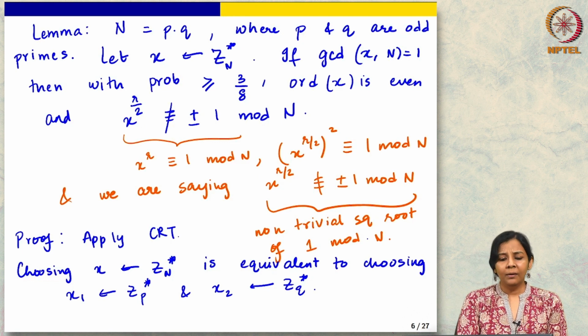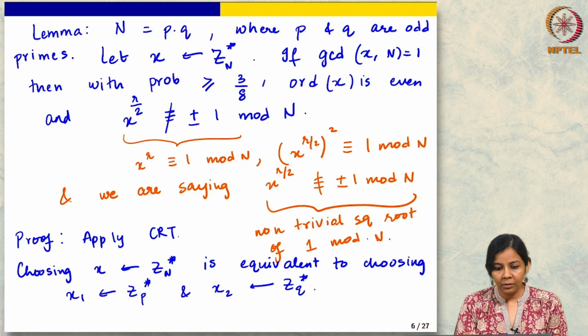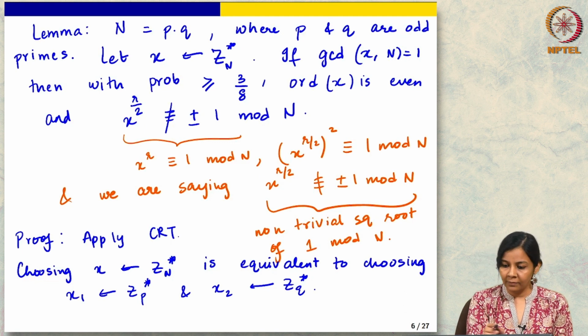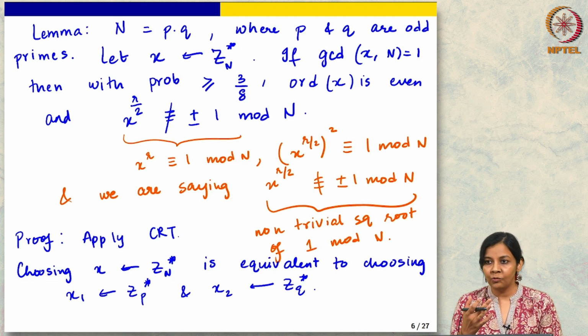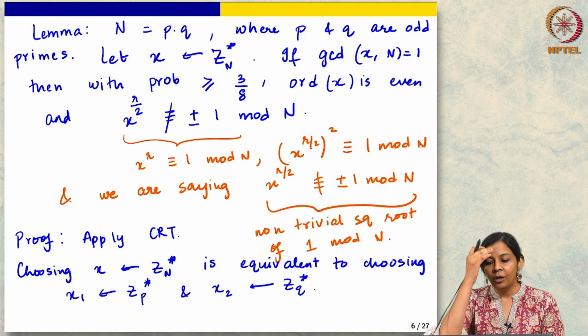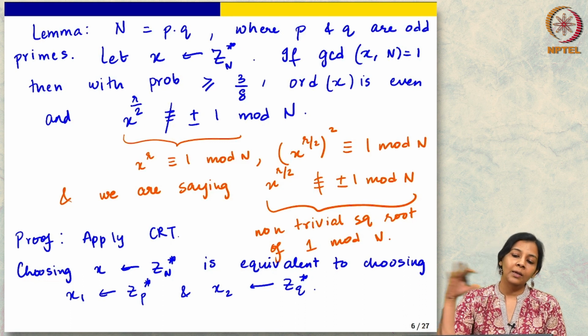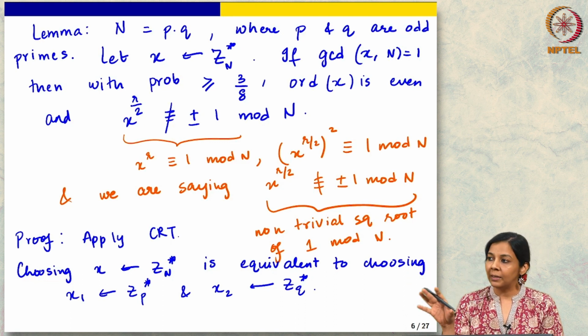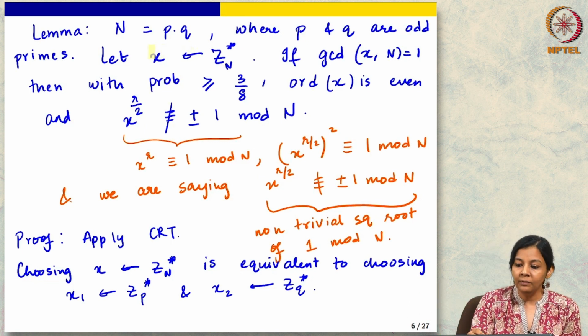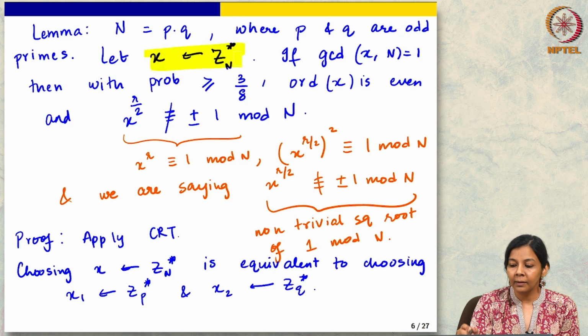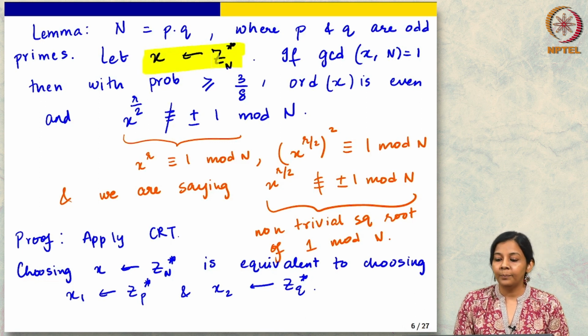No, the probability being less than half or whatever is not a problem. These constants, we always ignore them. At this moment we do not worry about efficiency, like how many times I have to repeat and so on. We are really on the edge of feasibility. We do not care at all about efficiency. No, the problem is actually this. Can you tell me why this highlighted part is a problem?